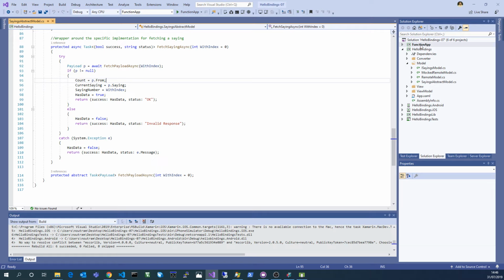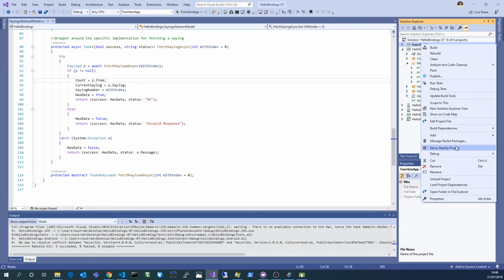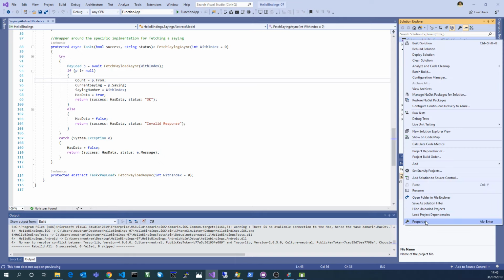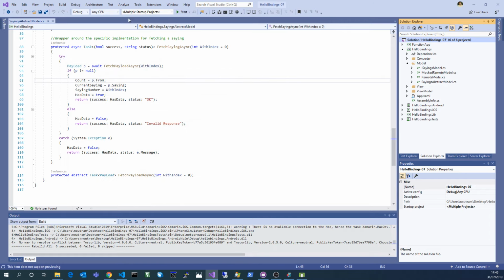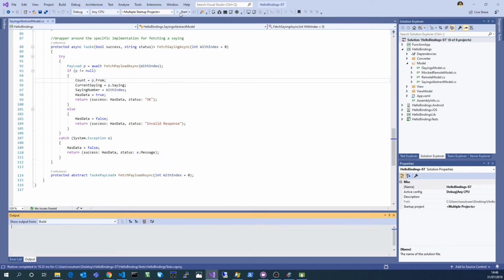So we normally would right click and go set a startup project, but for multiple projects we have to right click the solution, properties. Under common properties, startup project, it's multiple startup projects. And for the function app, which is the cloud function, and for the Android app, I've got the action to start on both. Click OK. And this box up here will now say multiple startup projects, and we can start that. And then we let that spin up,